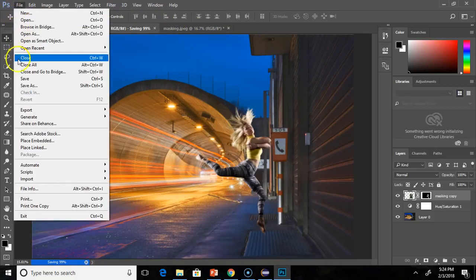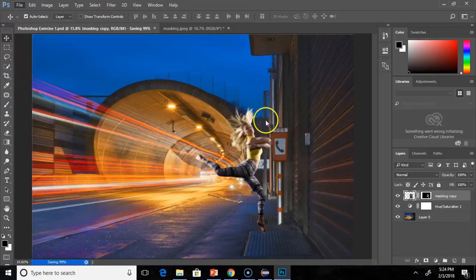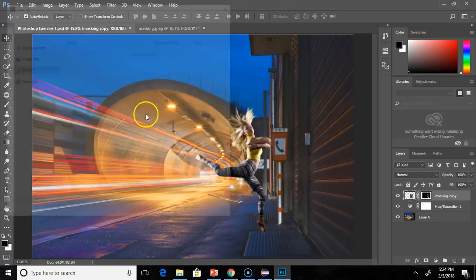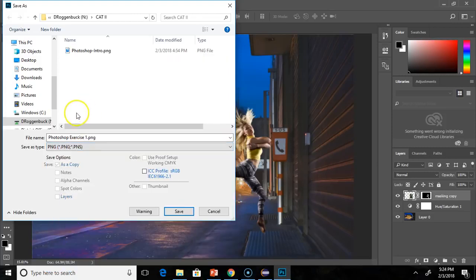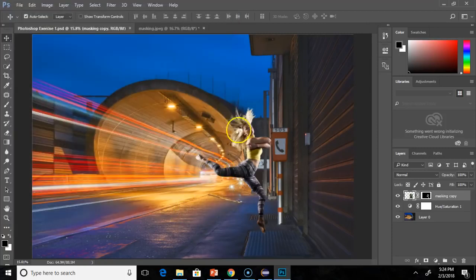But anyways, we're going to go down to File. We're going to go to Save As. And what we're going to do is we're going to save it again as a PNG file. So file save as, call it a PNG, and it'll just be exercise1.png. Click on save, and then